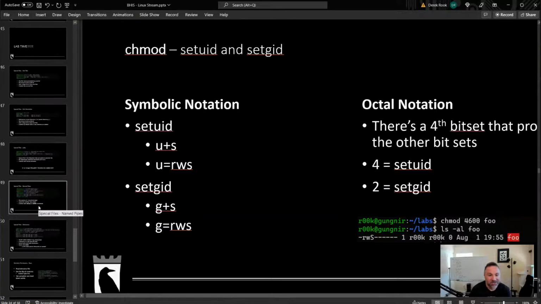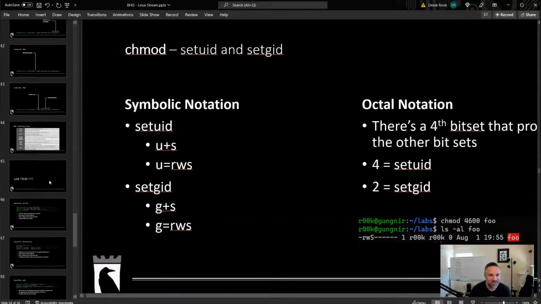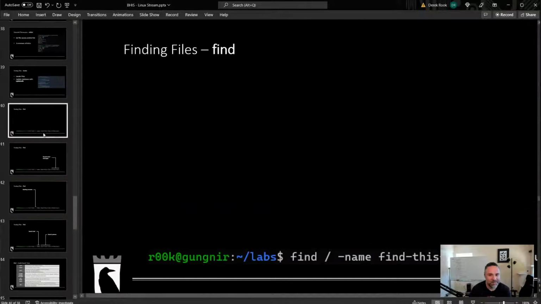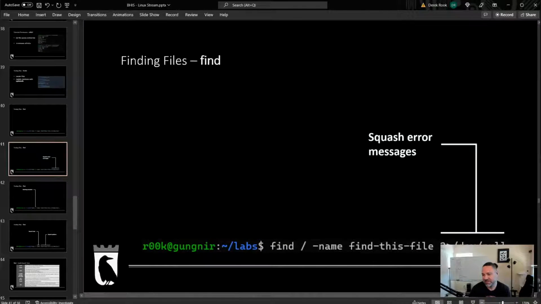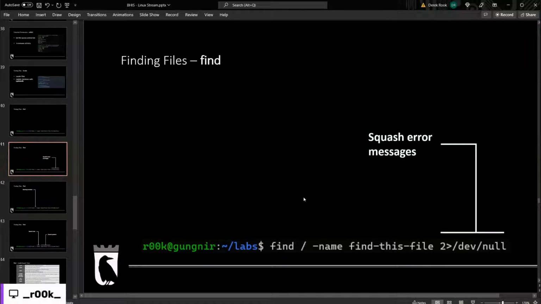Okay. Lastly, and this is just for funsies, if you want to find files on the file system, early in my career I exclusively used locate and slocate because it was easier to understand, and frankly, I think it's a very useful tool in a lot of situations.